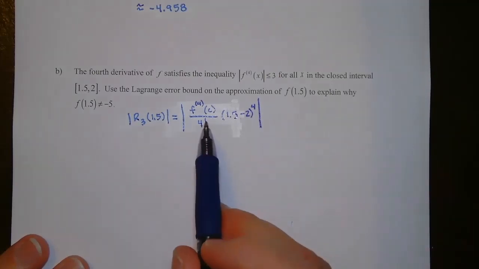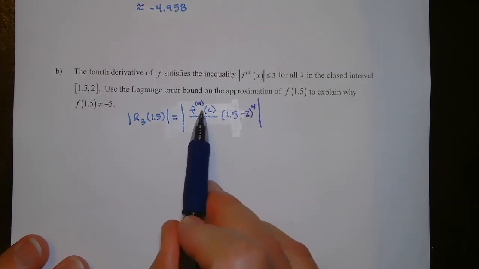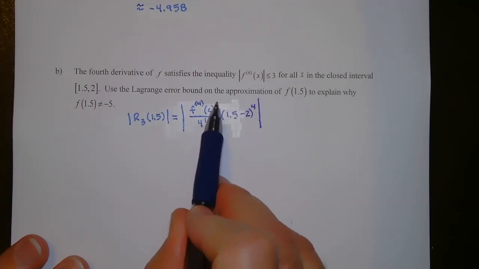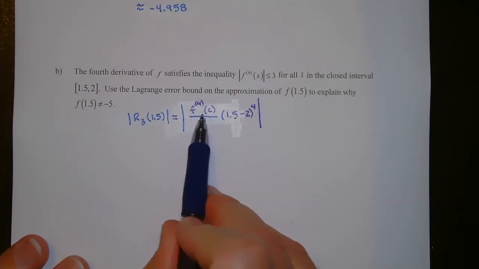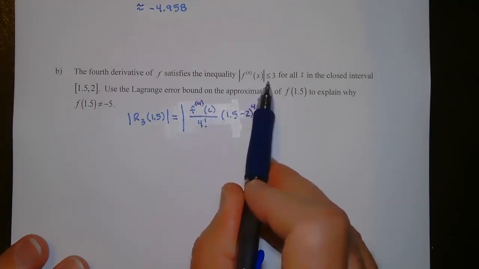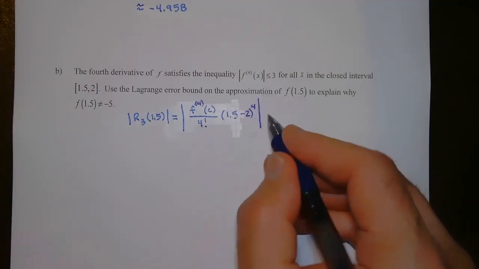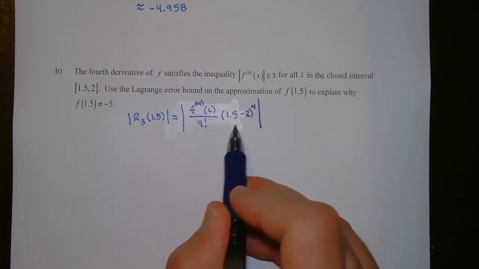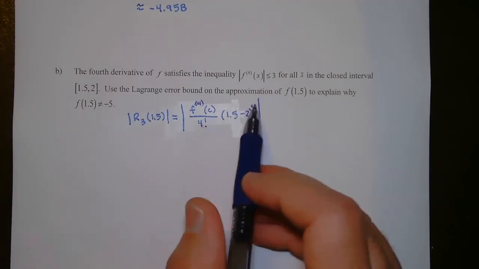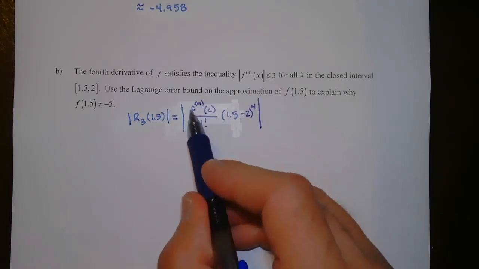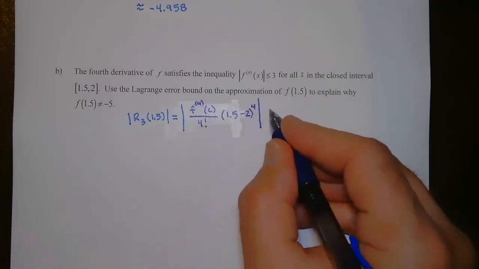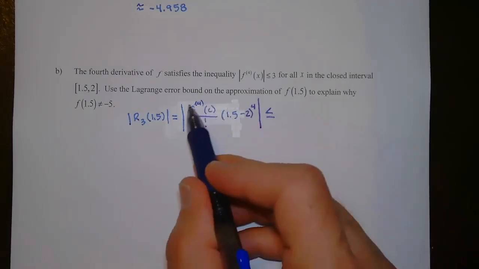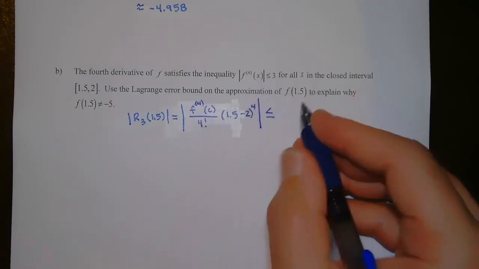Okay, so now we know from up here that the maximum of this has to be less than or equal to 3. This is the same for some c between 1.5 and 2. But we know the maximum of this needs to be less than or equal to the absolute value of this, which would be less than 3. So the absolute value of 3,